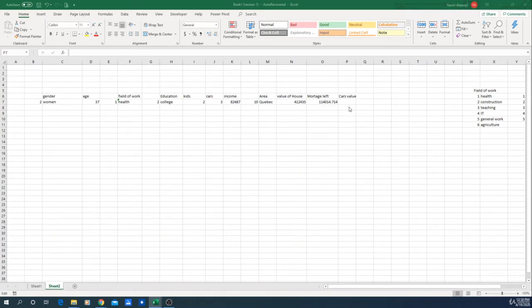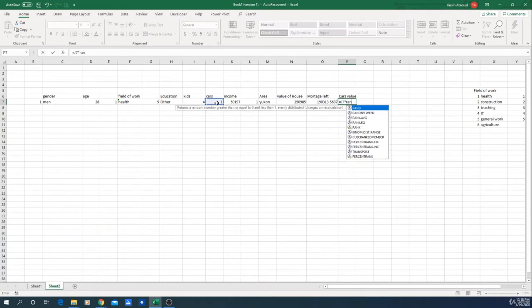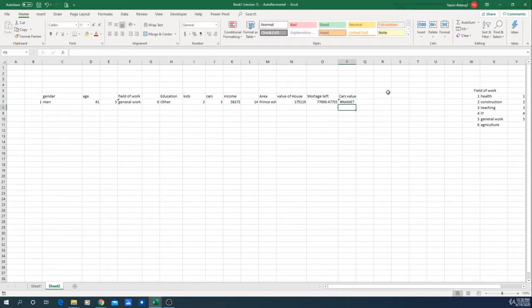So what we'll do, we'll multiply the number of cars, which is here, by a random value by the income. So let's do it. So we'll multiply the number of cars by a random value between 0 and 1